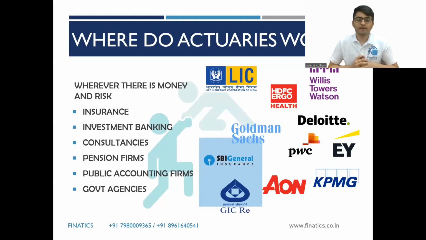Next question you might have is, where do actuaries work exactly? We covered what actuarial science is and what an actuary does. So where do they work? At a very high level, and not restricting yourself to conventional lines of work, which a lot of our seniors or people in the past might have been working, wherever there is money and risk, or more so wherever there is risk, you would find that your actuarial skills could be put to use.